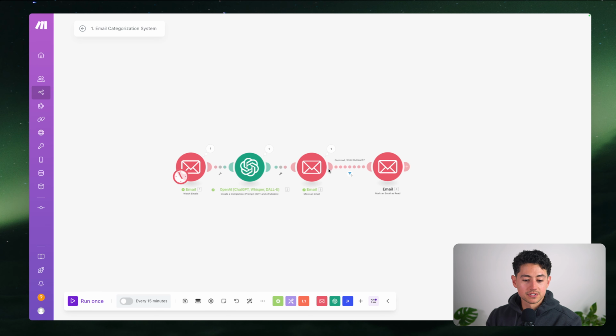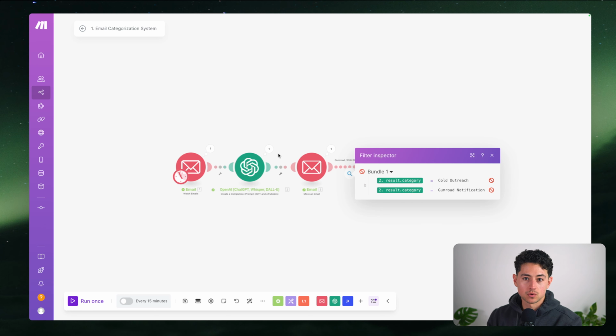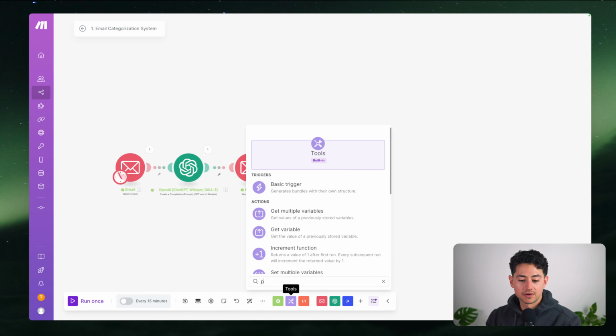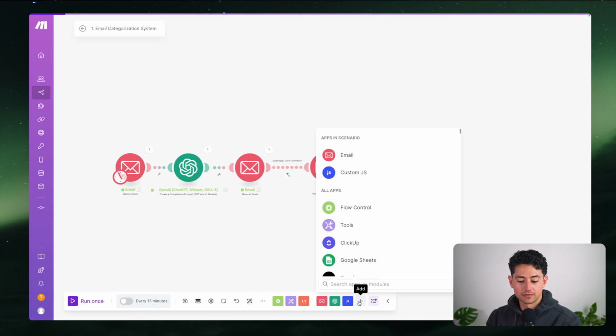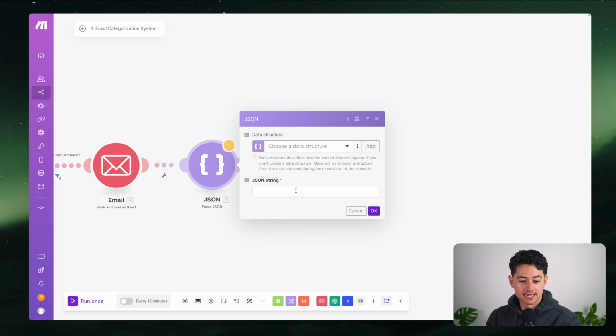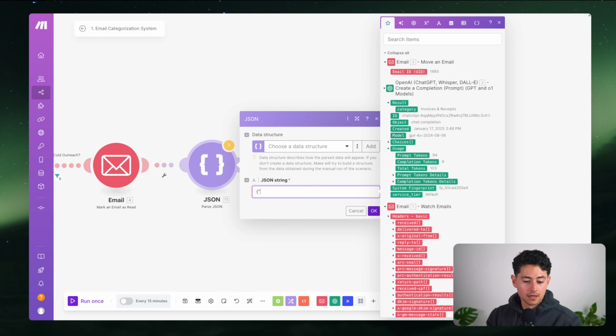So instead, the way that it works is if your previous module outputs multiple bundles, then all subsequent modules will run the same number of times that there are bundles in the previous module. If I give you guys a very simple example with a parse JSON module, which is just a way for me to convert JavaScript object notation into something that's accessible by Make.com. If we go array, and then I go here, and then I go 1,